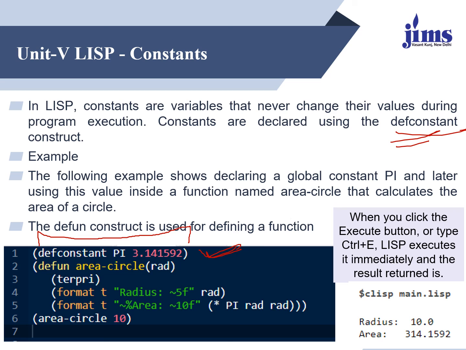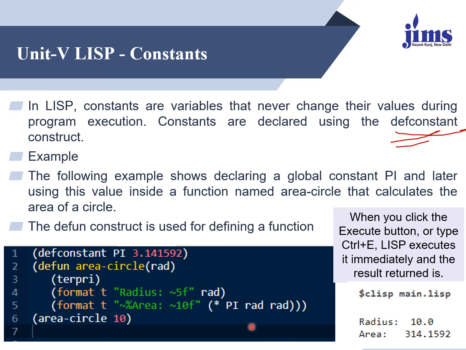The name of the constant is pi. Now in the second step, we started defining a function. We opened a bracket which we are going to close over here. Within this, the name of the function is area-circle. The argument I am sending is rad, radius. TERPRI means terminate and print. It terminates the previous statement, and then whatever the output is there in the cache, it is going to print. Now we have to calculate the area of a circle,